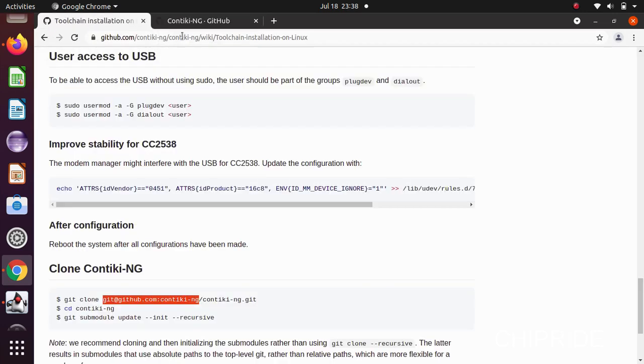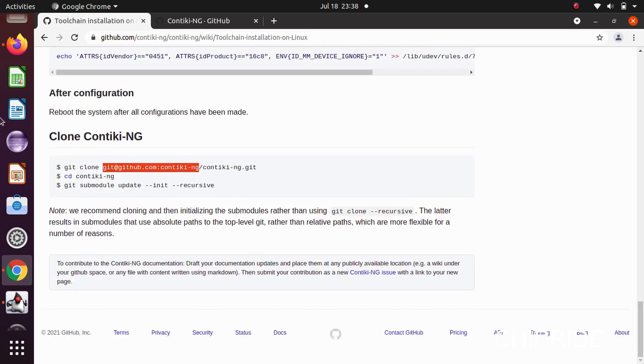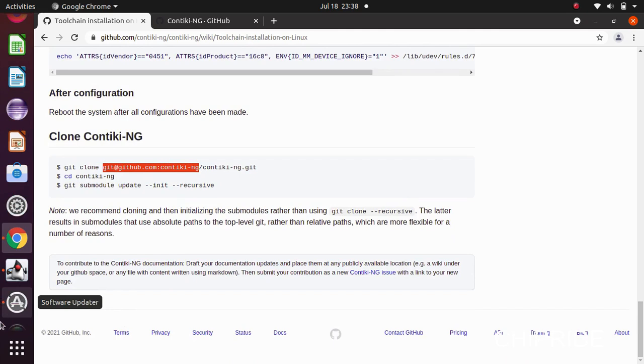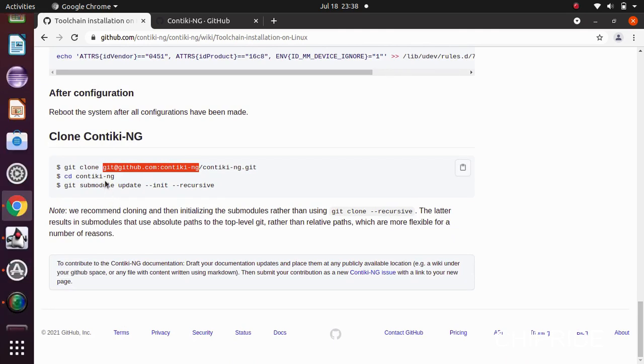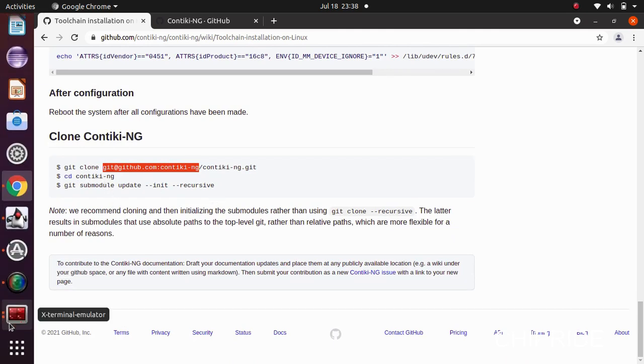Now after running this command, you will have to run git submodule update --init --recursive. Once all these commands are run, you can see the directory which you have suggested. By default it goes to the home directory.